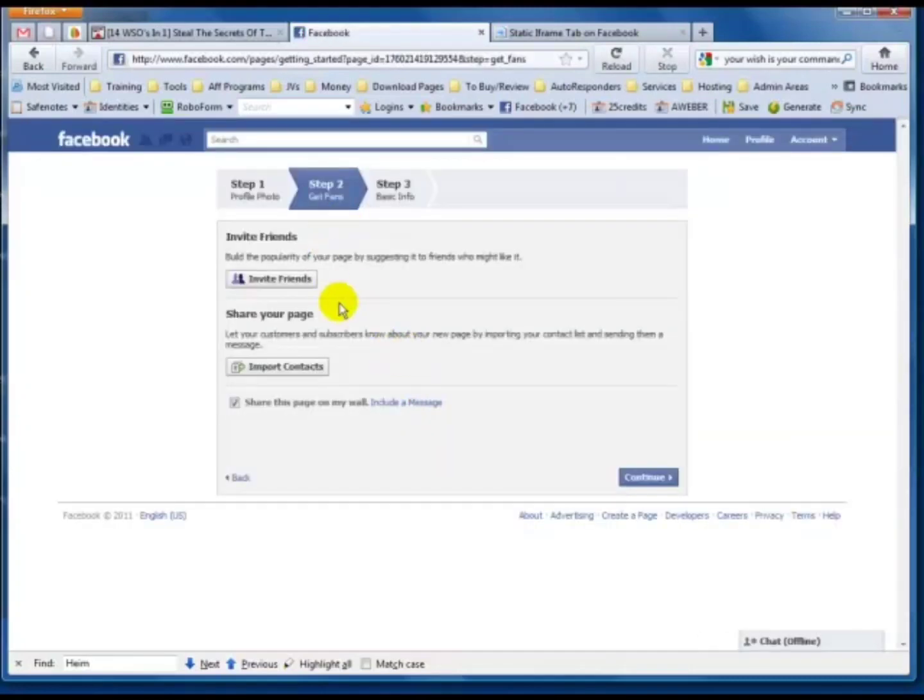For the get fans thing, you can invite friends or import contacts, or you can skip this. For now we're going to skip this because that's some basic stuff, but if you're getting started and you know you're going to do this pretty quickly, you can go ahead and do that at that point. We're going to hit continue,